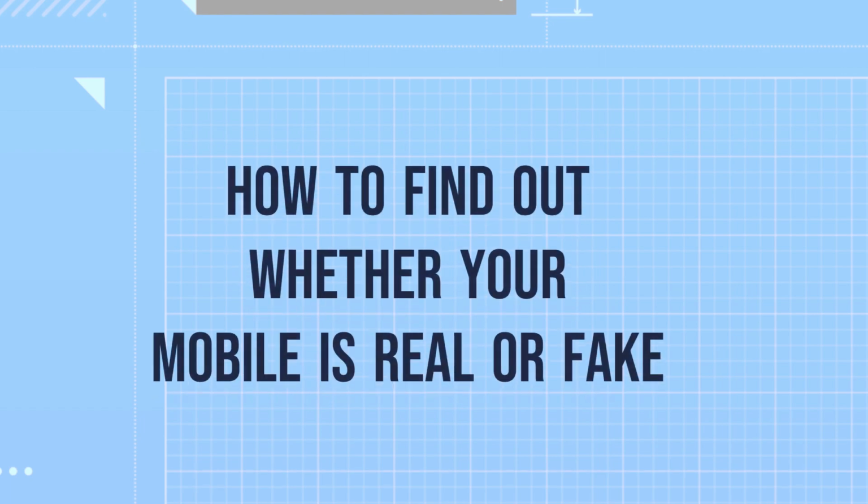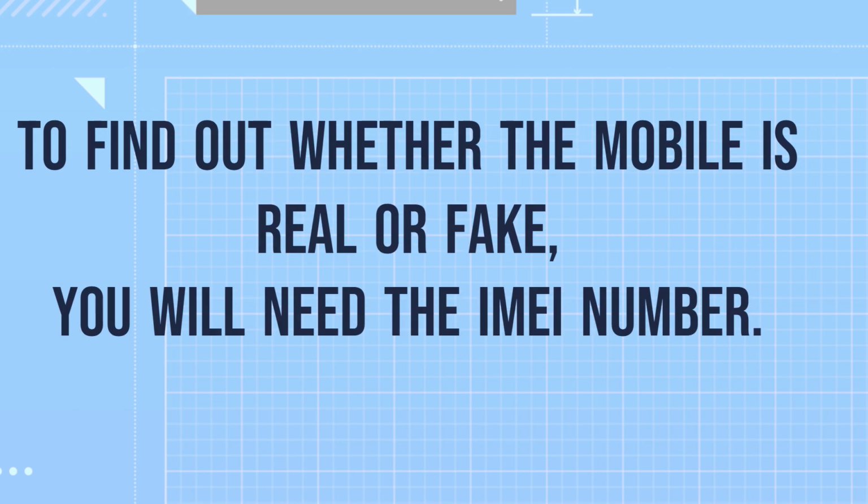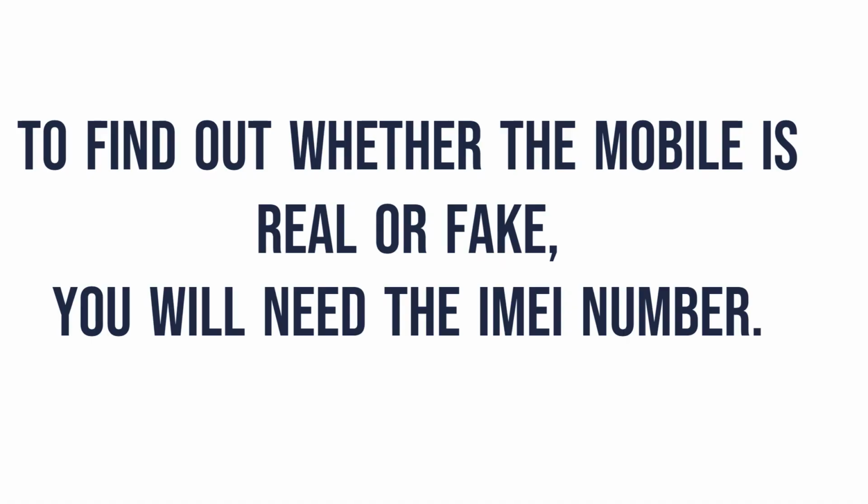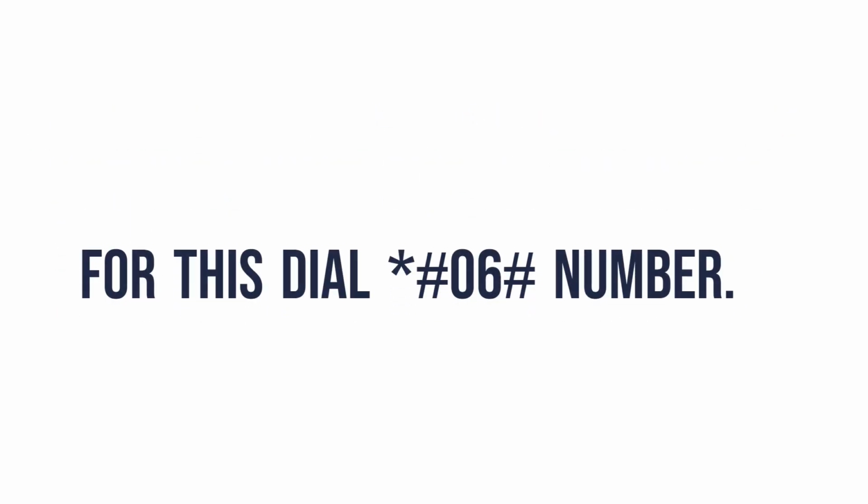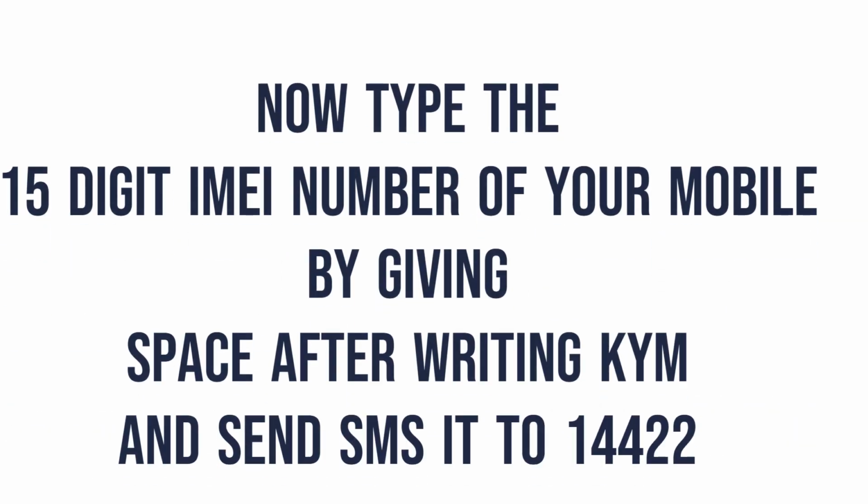How to find out whether your mobile is real or fake? To find out whether the mobile is real or fake, you will need the IMEI number. For this, dial *#06# number. Now type the 15-digit IMEI number of your mobile by giving space after writing KYM and send SMS